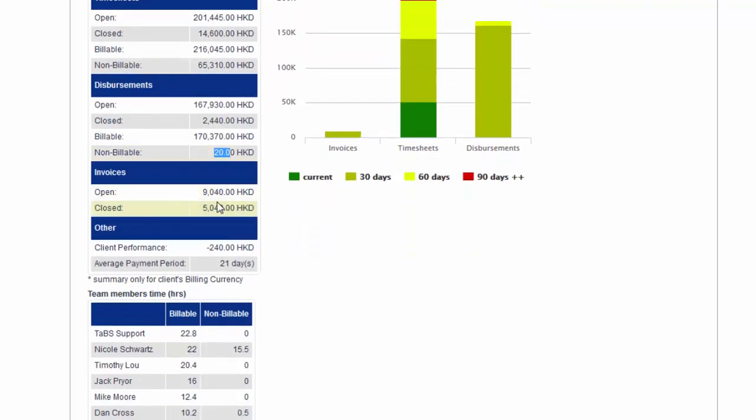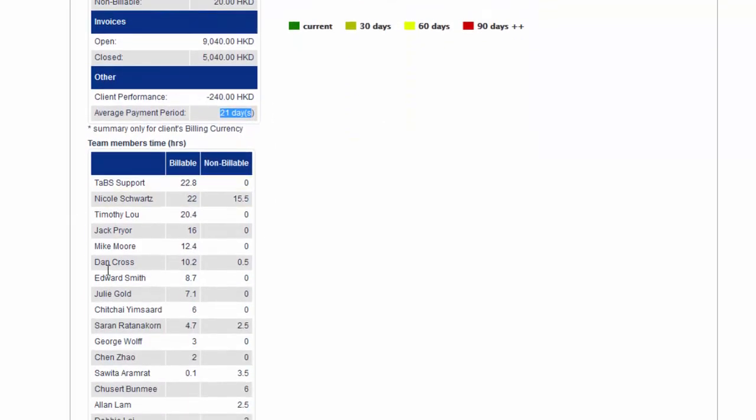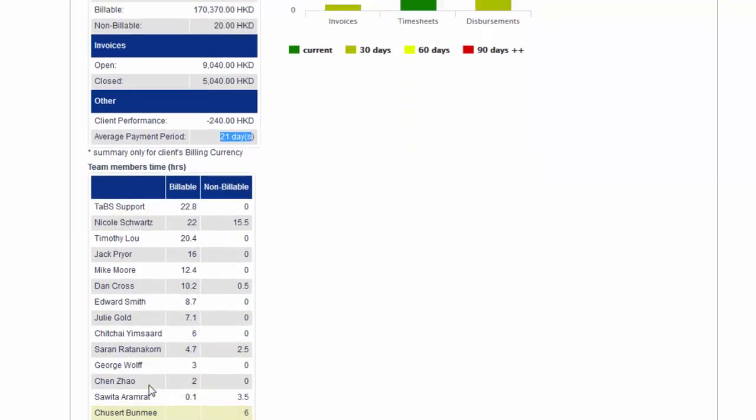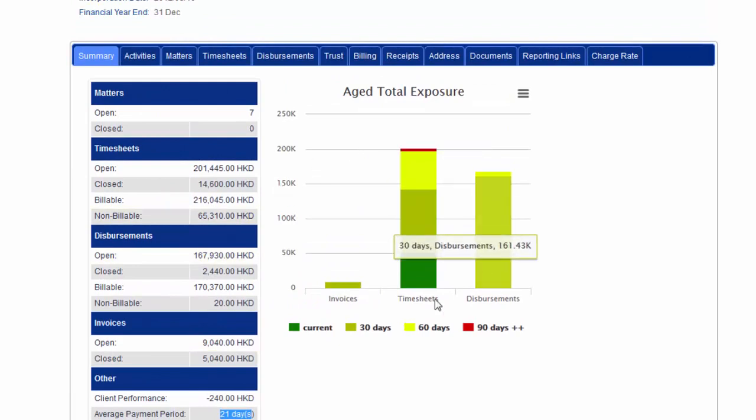Open invoices, closed invoices. Client performance, so this means that it's not a bad client. We've only written off $240 to date, and the average time to pay is only 21 days, so that's not too bad. And then we've got a summary of staff that have worked on this client. This also gives us a graph to show us the timing or the aging of some of their timesheets, disbursements,